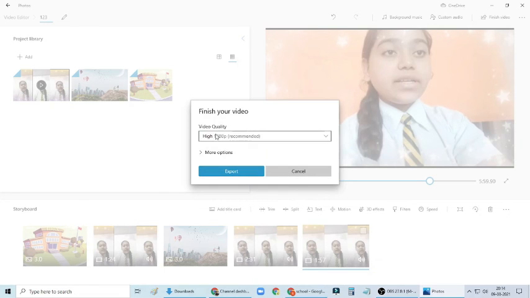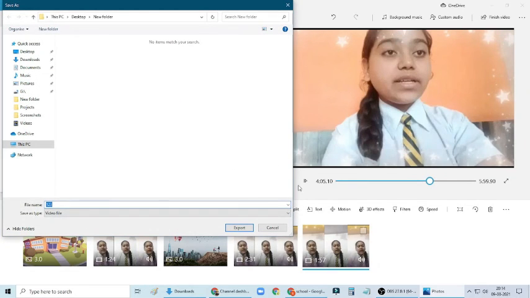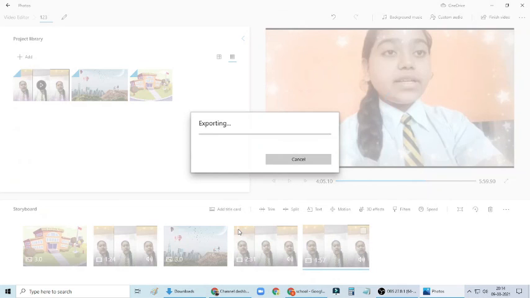Once you click on whichever option, then click on export, and after that it will ask you where you want to save this video. So I'll click on desktop, and remember the name is 123. You can choose any name you want and click on export. Now here you see the video is getting exported. It will take a while depending on the speed of your computer. At times if the video is too long, it may take lots of time. So wait for that to happen, and once it is done, the video will be saved on the desktop.